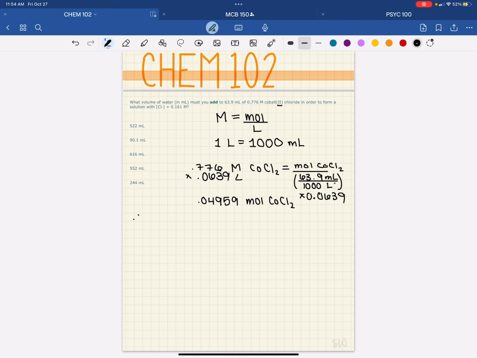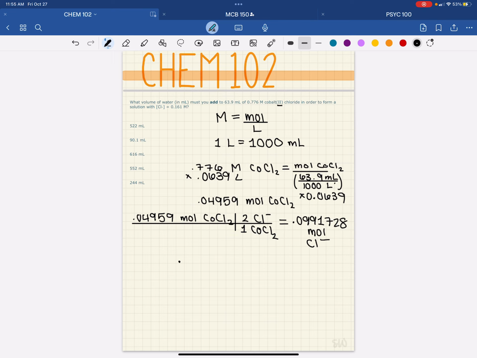0.04959 moles of cobalt chloride times 2 chloride ions over 1 cobalt chloride equals 0.0991728 moles chloride. So then I need to find the